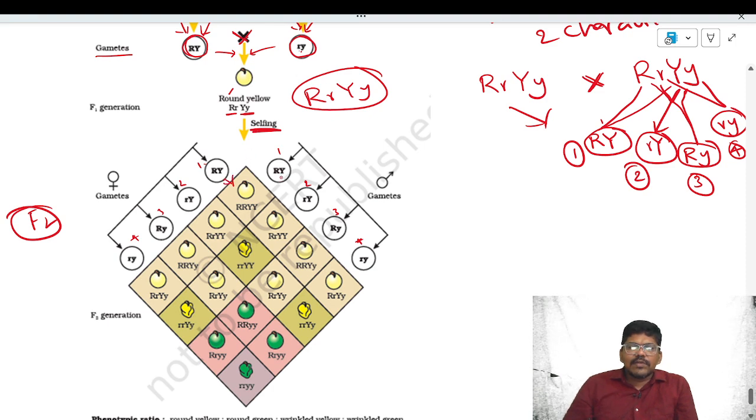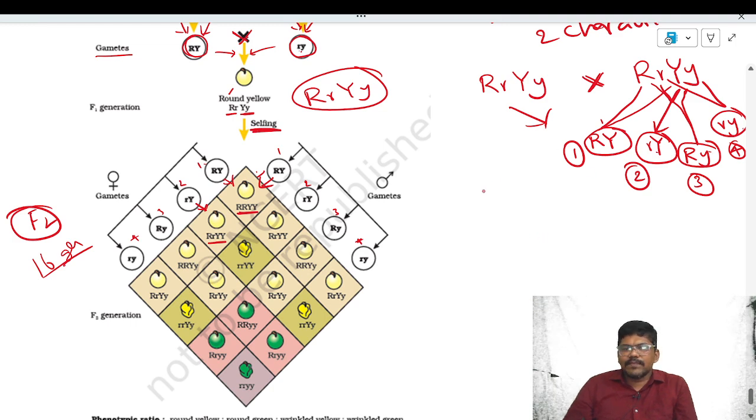If these two gametes are fused together, you can see the formation of a homozygous dominant genotype. Then this gamete and this gamete. In the same line you have to see. We can see the formation of a heterozygous dominant genotype. Finally, we can see 16 different genotypes in the F2 generation because of the 4 different types of gametes